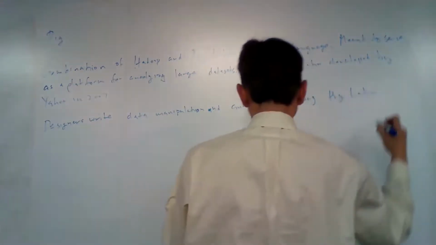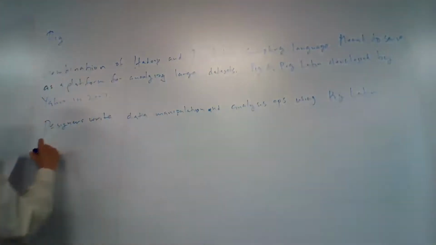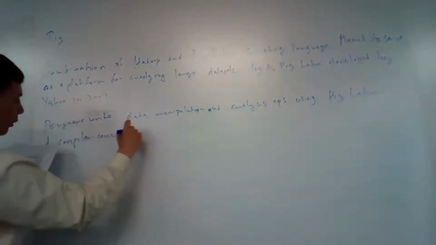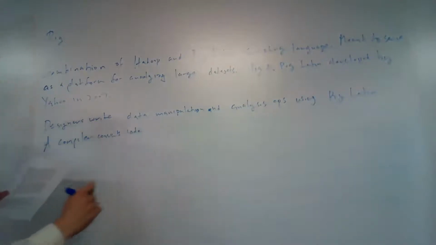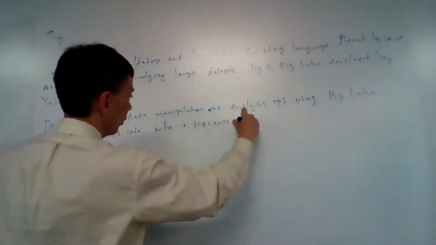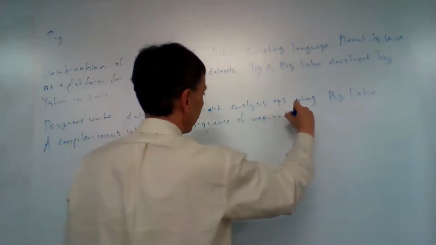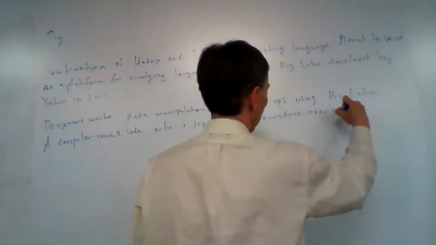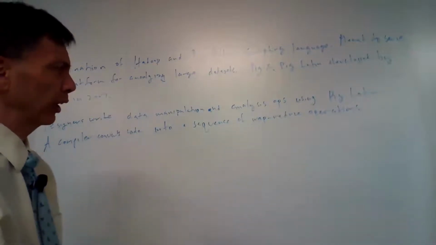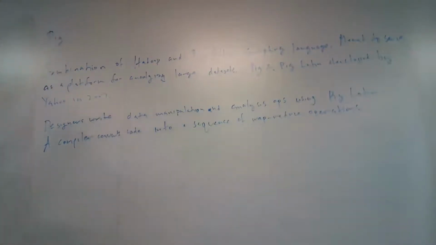So they write directly in Pig Latin, and then a compiler converts that code into a sequence of MapReduce operations. Okay, so you don't have to write the MapReduce operations yourself directly. You can write operations in Pig Latin, which has constraints to try to guarantee that MapReduce is going to give you some benefit. And then the compiler reduces down your Pig Latin into MapReduce, a sequence of MapReduce